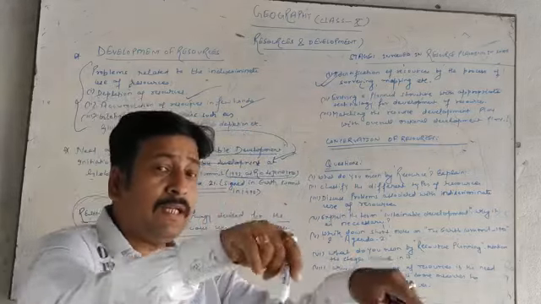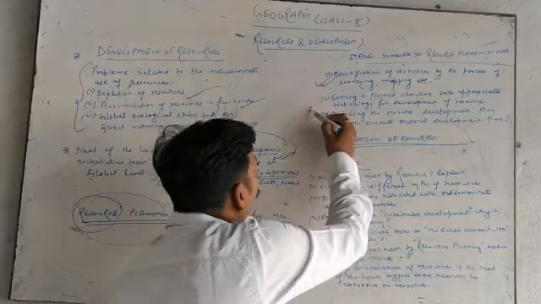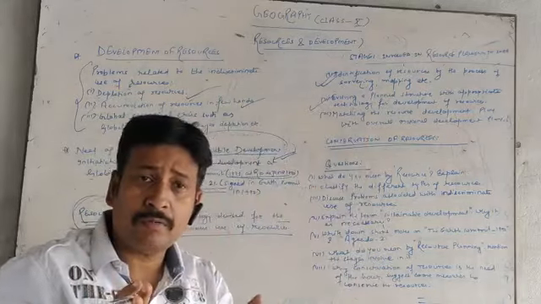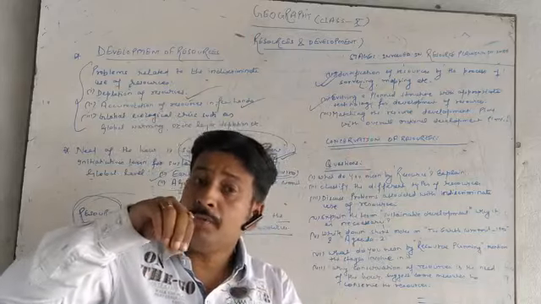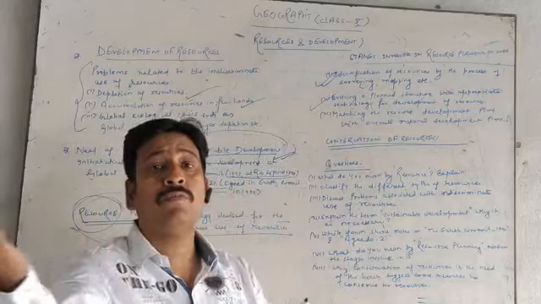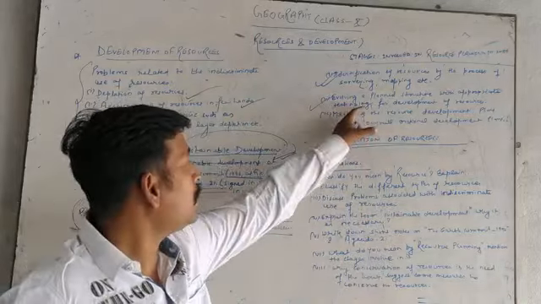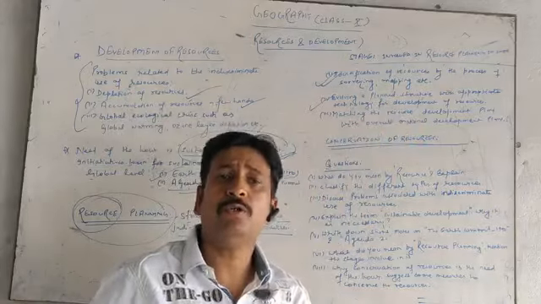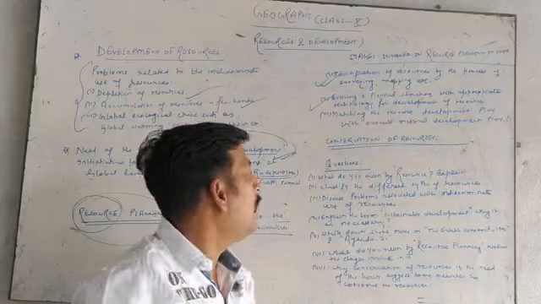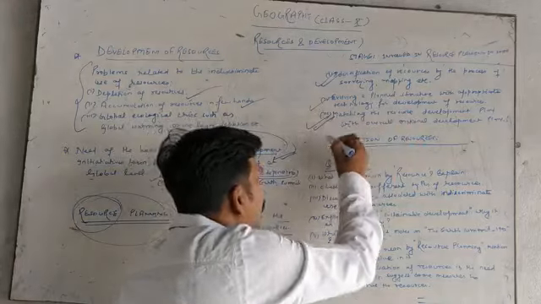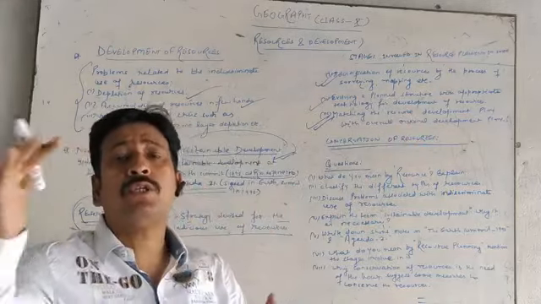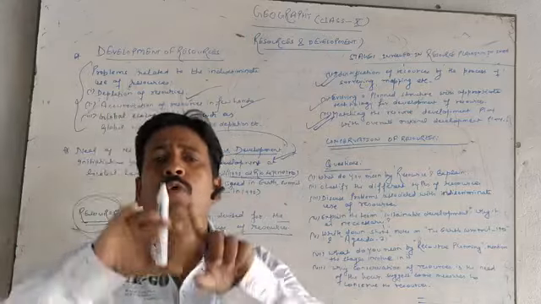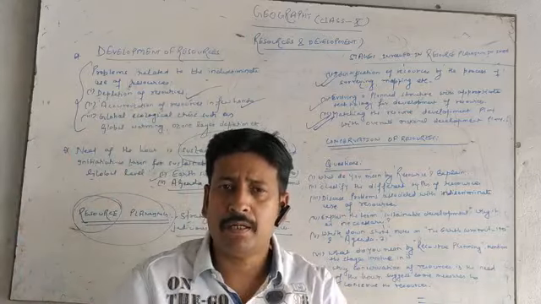Then, after finding the resource, we have to evolve a planned structure with technology, because without technology, resources are of no use. Means we must have a planned structure with appropriate technology to utilize that resource. And the third stage of resource planning is matching the resource development plan with the overall national development plan.